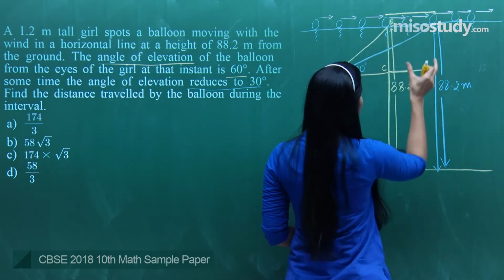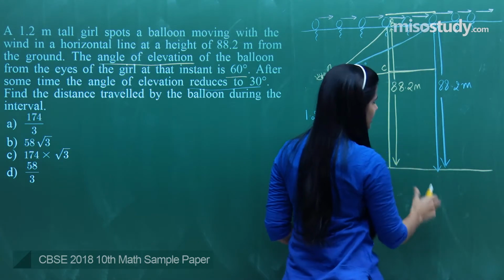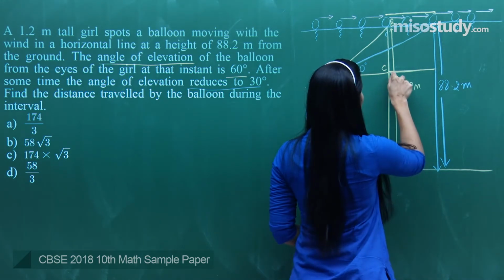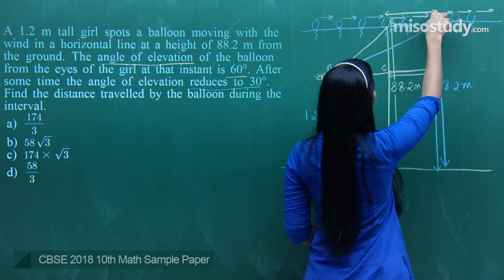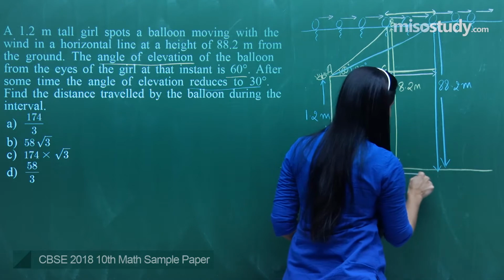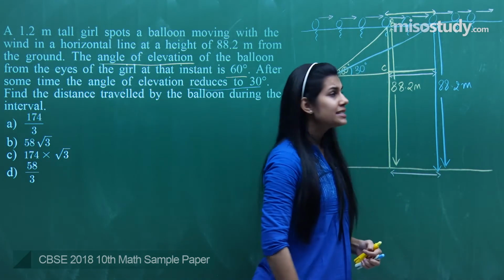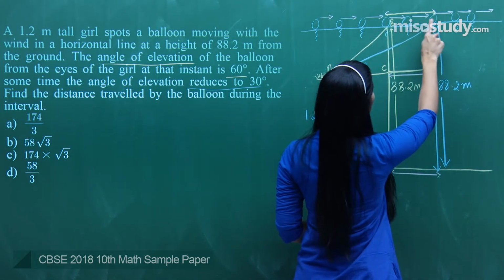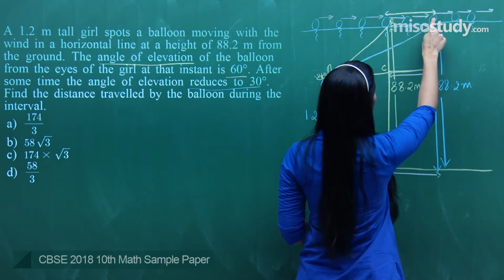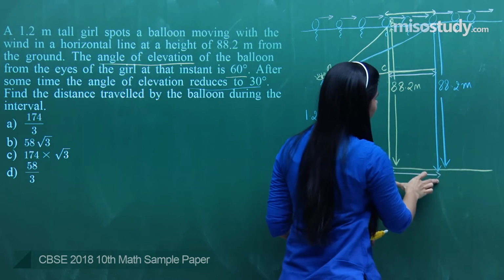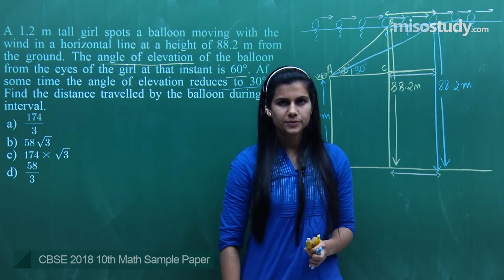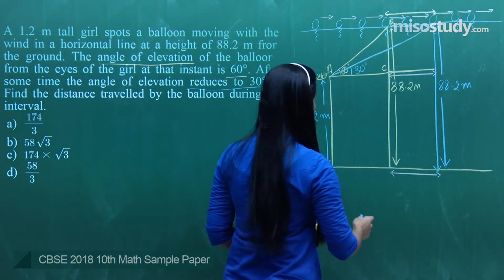Now, this distance is same as this distance is same as this distance, right? What I am saying is, this is also the same distance which this is, and it is the same distance which this is. That means I have to find how much the balloon has travelled from here to here. That means this is the distance I wish to find, or this is the distance I wish to find. Okay? So, what am I going to do is,